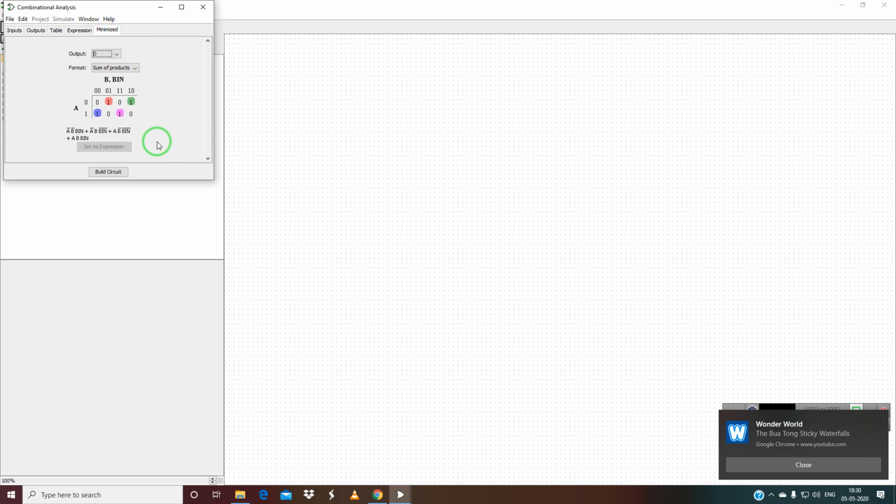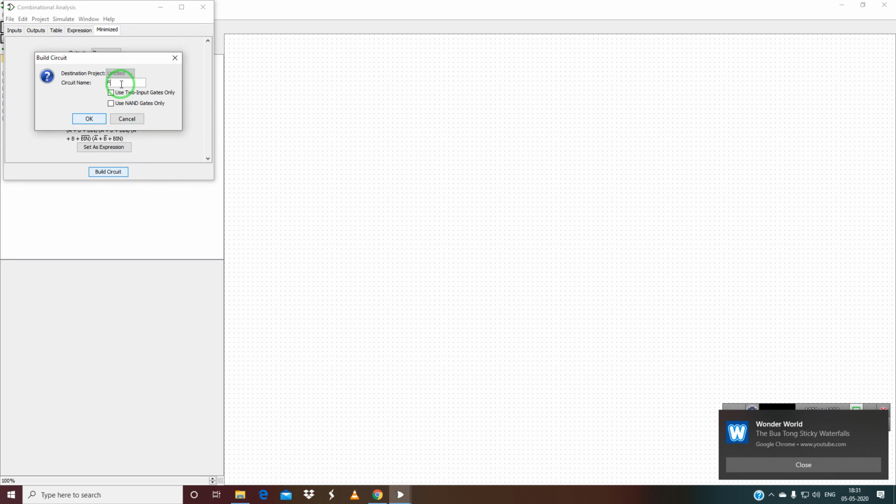So the minimized expression is this, as you can see, and this is for sum of products, and for product of sums, this is supposed to be like this. Okay, you can also minimize it if you want. B out is supposed to be like this, and for D it is supposed to be like this, and this is the table for full subtractor. Okay, take a good look at this. If you want, you can minimize this.